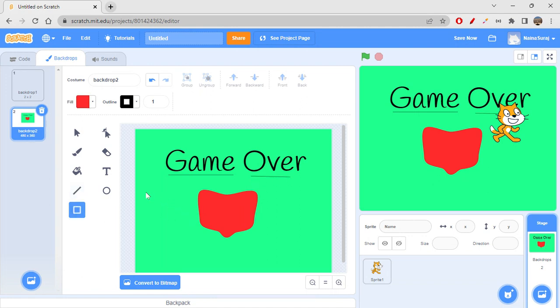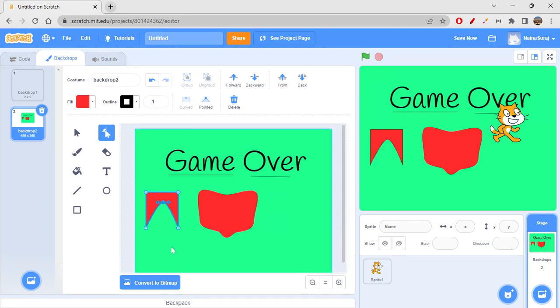You can use a rectangle tool to draw a rectangle, right? So it's very simple. I hope you understood all these things. You can also reshape your rectangle, however you would like to. So you can do it, like you can see here, and in any way possible you want to do it, you can absolutely do it. Cool, isn't it? So the reshape tool is absolutely cool to use.